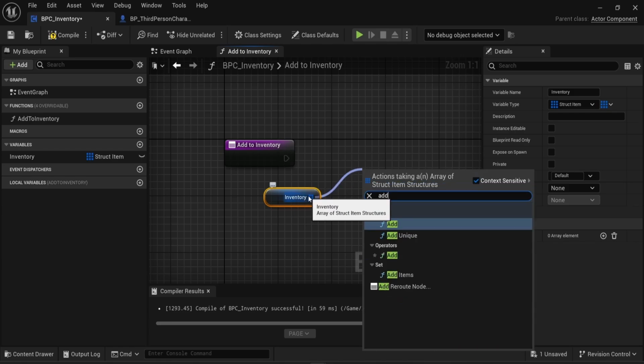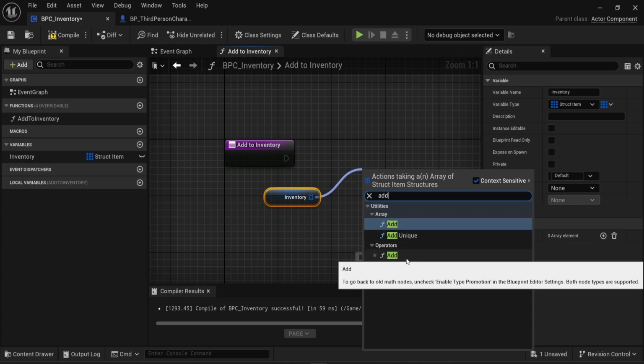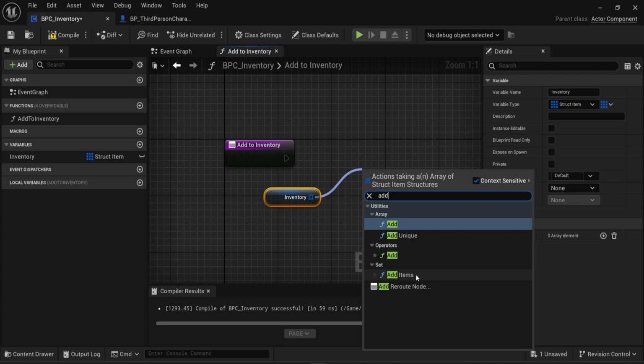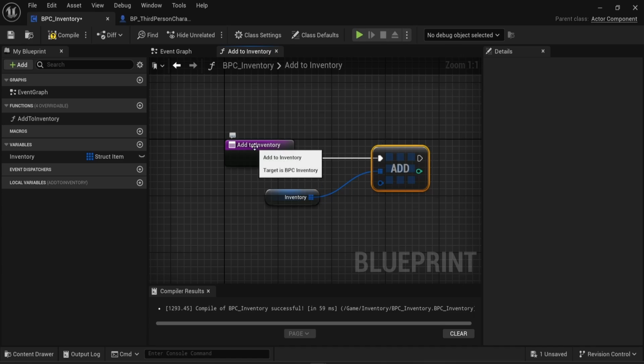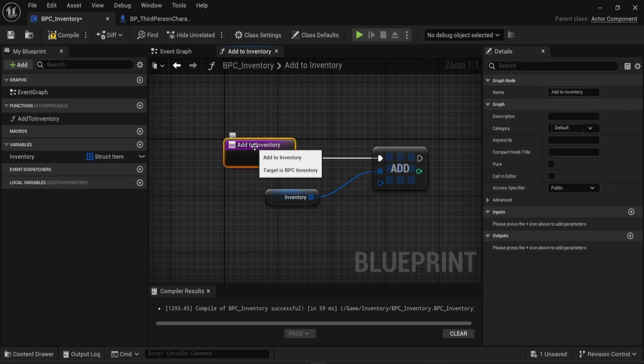So from the inventory pin, I'm going to drag it and look for add. In this case, the add I want is the add from the array utilities section. I don't want to use the add operator because this is not what we're doing. And I'm just going to click on add here. We can see that we can connect that to the function. We can add anything to the inventory, but we need to add an item here and we don't really have an item yet. This is because in the inputs of the add to inventory function, I need to create a new input,